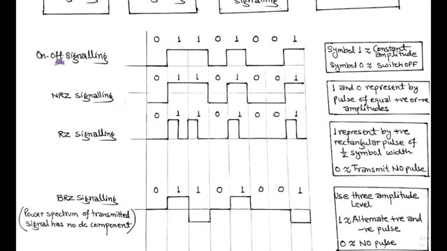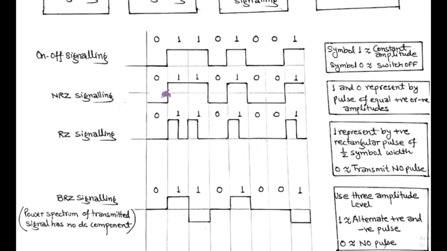Now the first line code is on-off signaling. In this, symbol 1 is represented by a constant amplitude and symbol 0 is simply switched off, meaning zero amplitude. That is shown in the first waveform. Next is NRZ signaling, that is called non-return to zero. Here symbol 1 and 0 are represented by pulses of equal positive and negative amplitude respectively without returning to zero